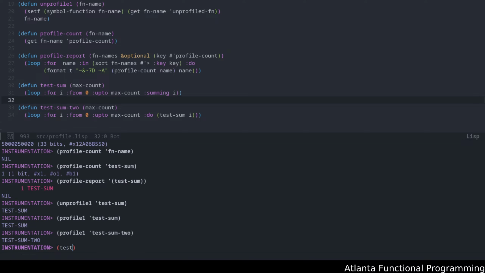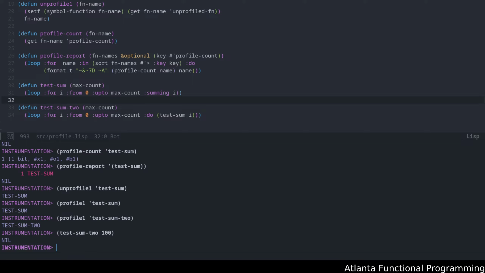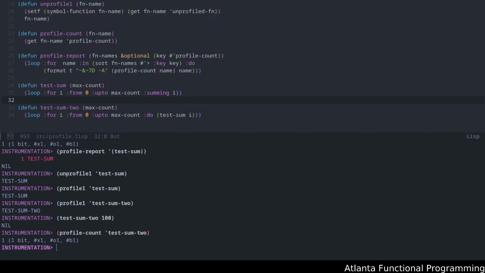Now let's call test sum 2 100 times. Okay. All right. So now we'll see if we call profile count on test sum 2, that it's going to be just once. All right.